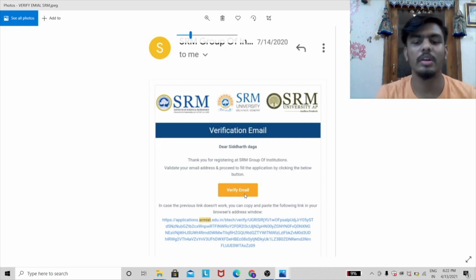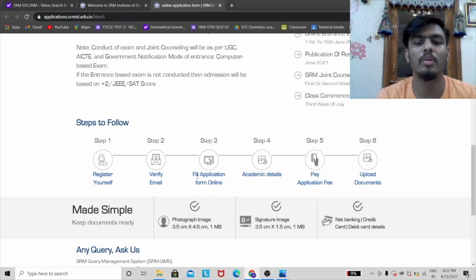See, when you're done with it, they will ask you to fill the application form. This application form basically comprises your name, your date of birth, your basic details regarding your parents' names, your residential address, your mobile number, and other things. When you have filled it, they will ask your academic details.